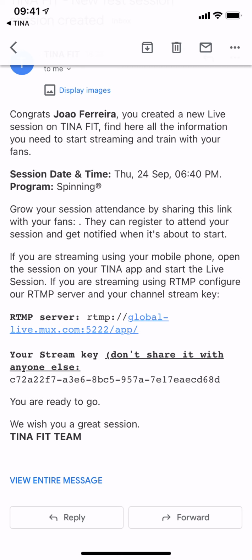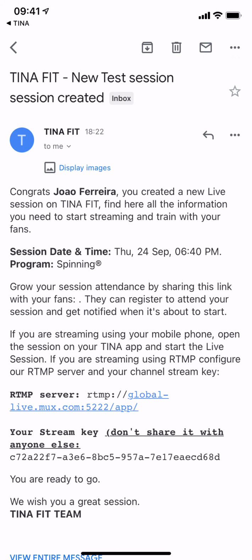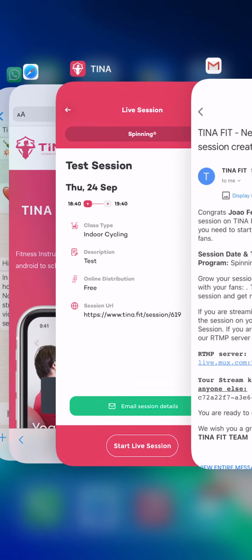If you don't know what RTMP software is, it means you're not going to stream with that. I will have tutorials in the portal later on on how to stream with RTMP. So all you need to know is basically your session. So I will go back to